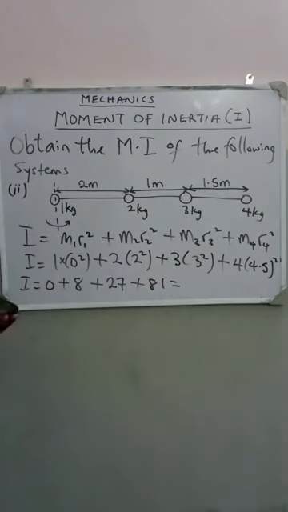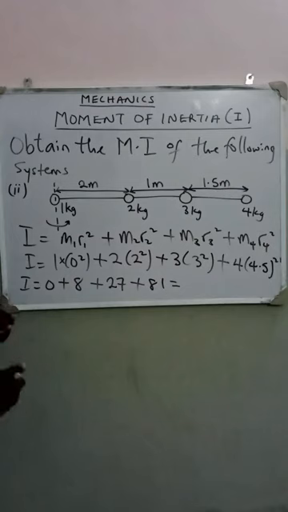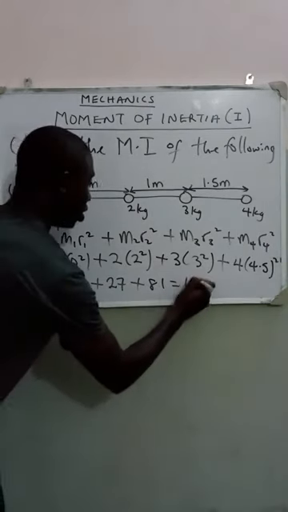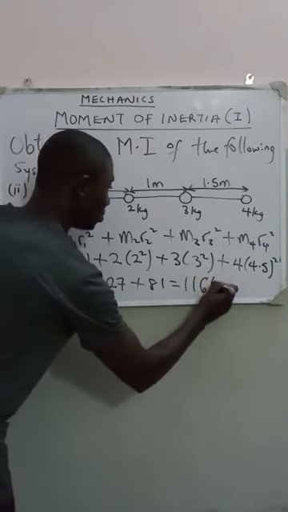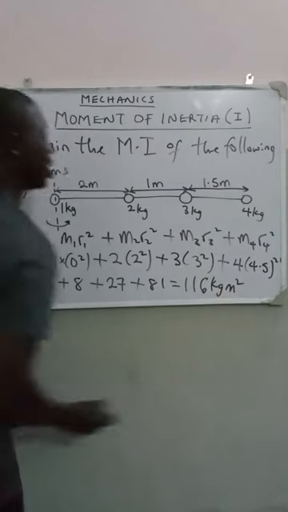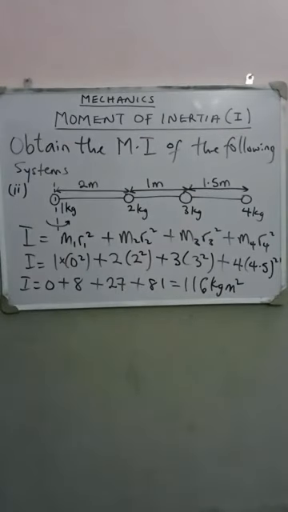So when we add 81 to 27 plus what? Plus 8. This gives us 116 kilogram meter square. So this is how we evaluate the moment of inertia of this system that is rotated